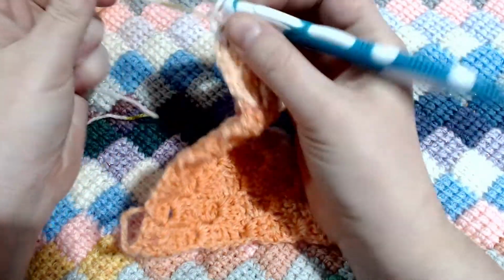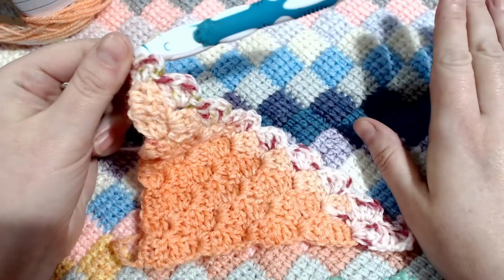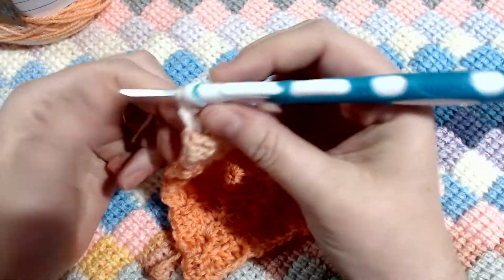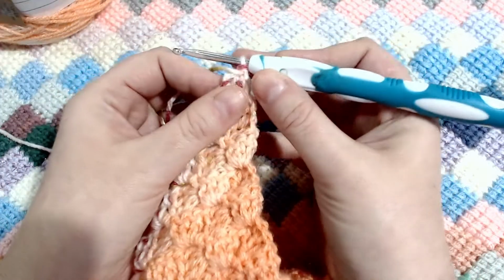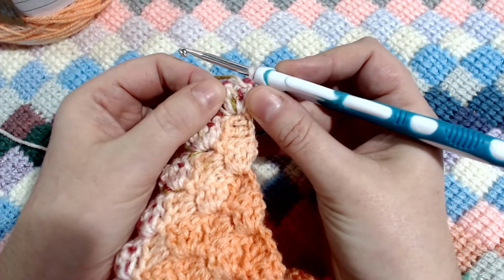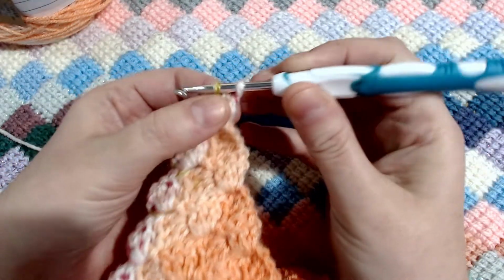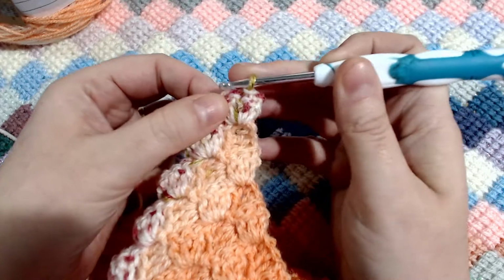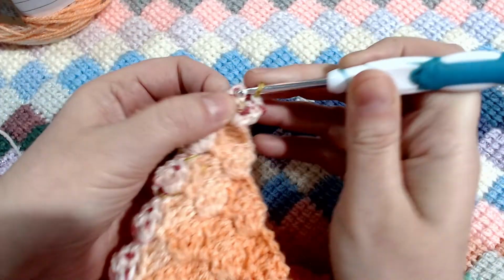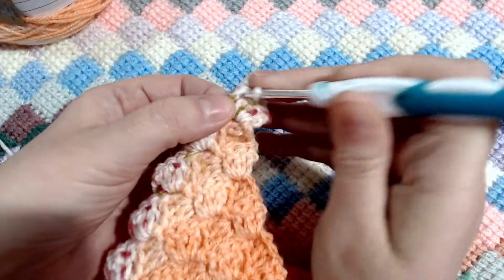Now this is where we no longer chain up anything at the end of these rows. All we are going to do is turn our work, and into the top of each of these double crochets we are going to place a slip stitch. Keep your slip stitch loose, because if you don't it will make the size of your fabric bunch up. Okay, so we do 3